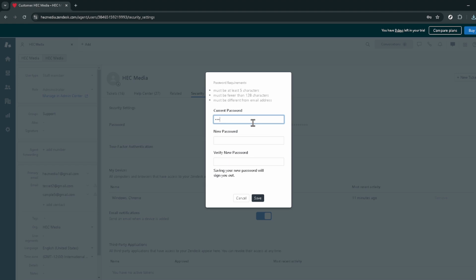At this stage, you'll be prompted to enter your current password. This is a security measure to ensure that it's really you making the changes to your account. Carefully type in your existing password in the provided field. Following that, it's time to introduce your new password. You'll need to type your new password into the designated space and then type it again in the next field